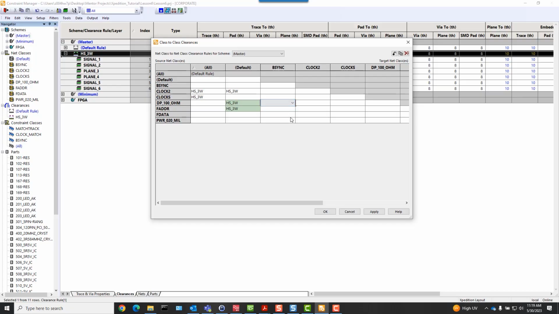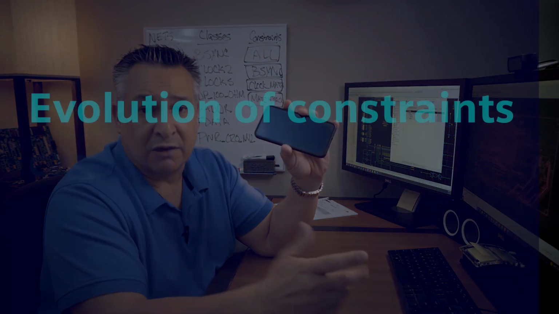The value add that we get from utilizing constraint-driven design or implementing constraints is that we increase the potential for success in meeting our design expectations, and it increases correct by construction methodology. It also is another way to ensure that you meet all required design intent to meet the final end product, such as a cell phone, which all of us have.